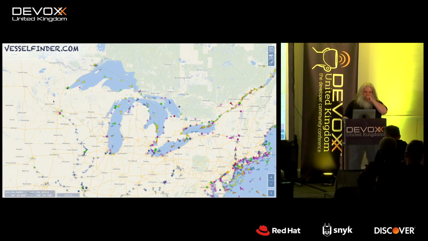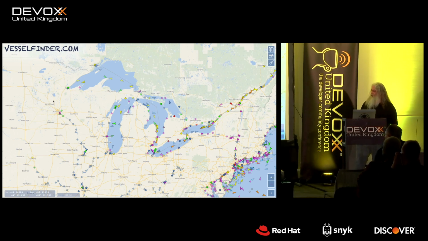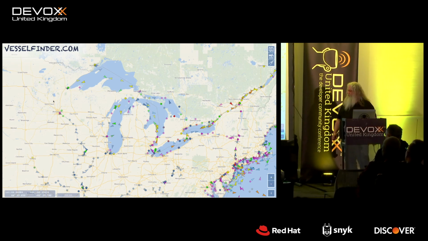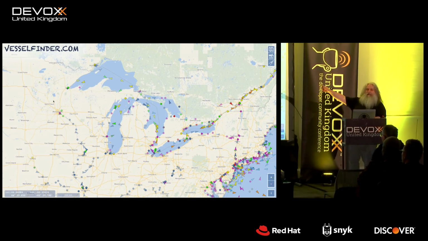And here's an example of Vessel Finder. So this is of the Great Lakes here in the United States, close to where I live. And what I like about this picture here is you can see that there's a fair bit of traffic on the Great Lakes when I took this screenshot. But down here,